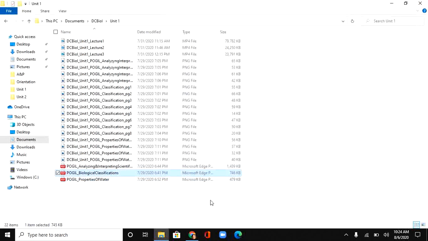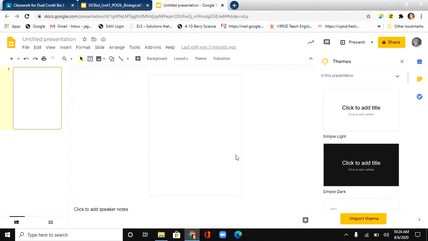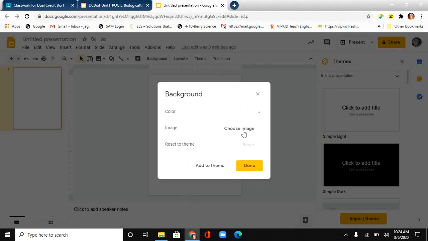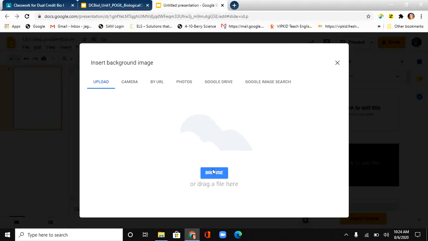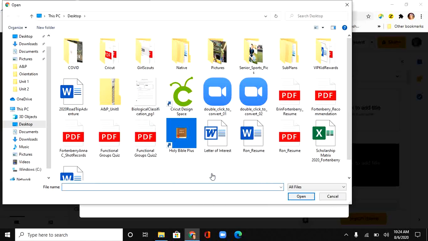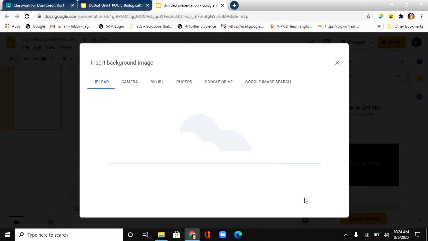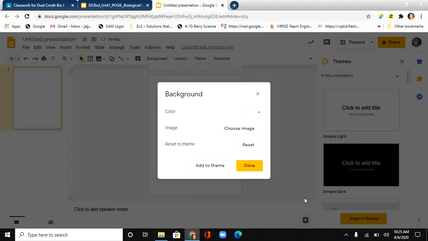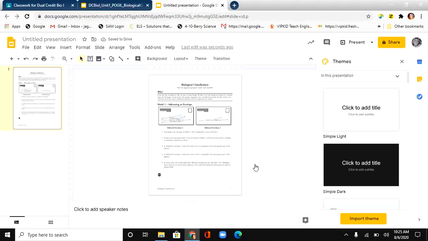So let me go back to my Google slide. And so what I'm going to do now is take that image and add it as a background. So click Background, choose Image. I'm going to go browse and find that image, and I saved it on my desktop to make it easier. I'm going to click Open. It's going to load, so I click Done, and now I have that image as a background on the slide,